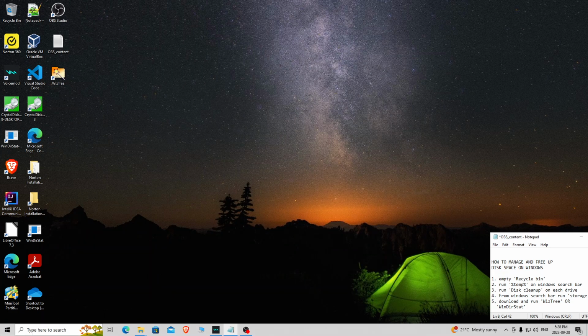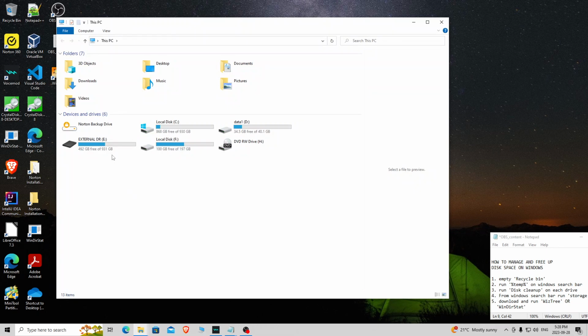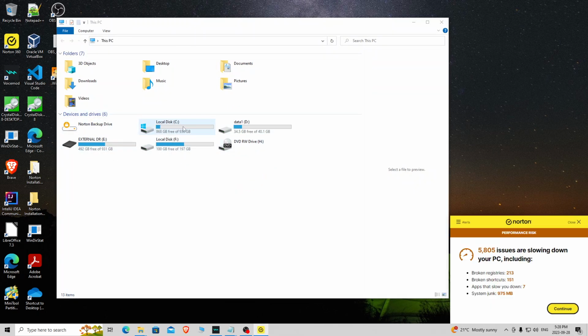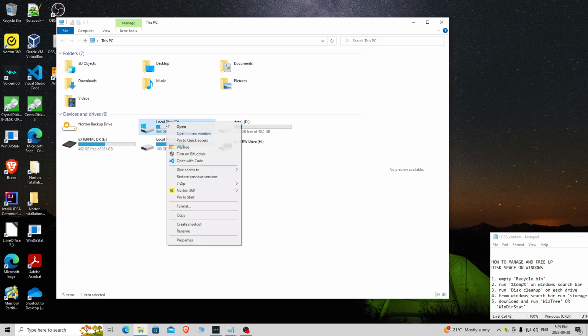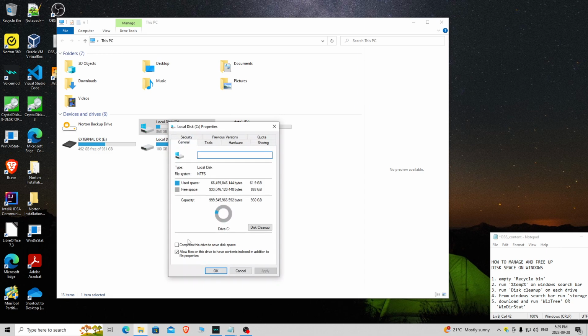The third method is to do the disk cleanup. For that you have to click here and check your various disk drives. I have the C drive, I have the D drive, I have the F drive, and the E drive, and let me just show you for the C drive. If you want to clean up the C drive, right-click, properties. So right here we can see the total volume, like you have the used space, you have the free space, and then you have the disk cleanup. If I click here,